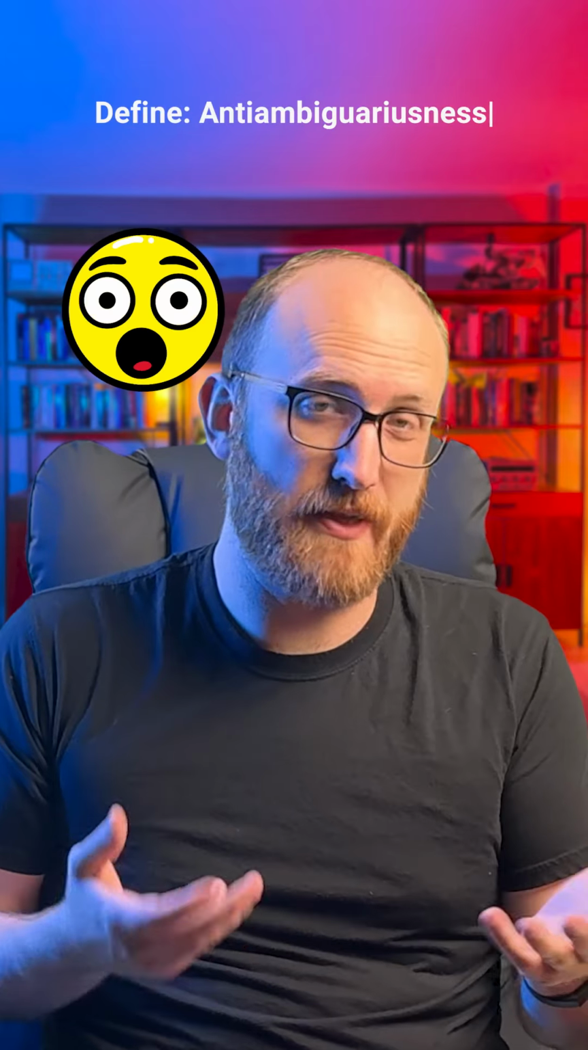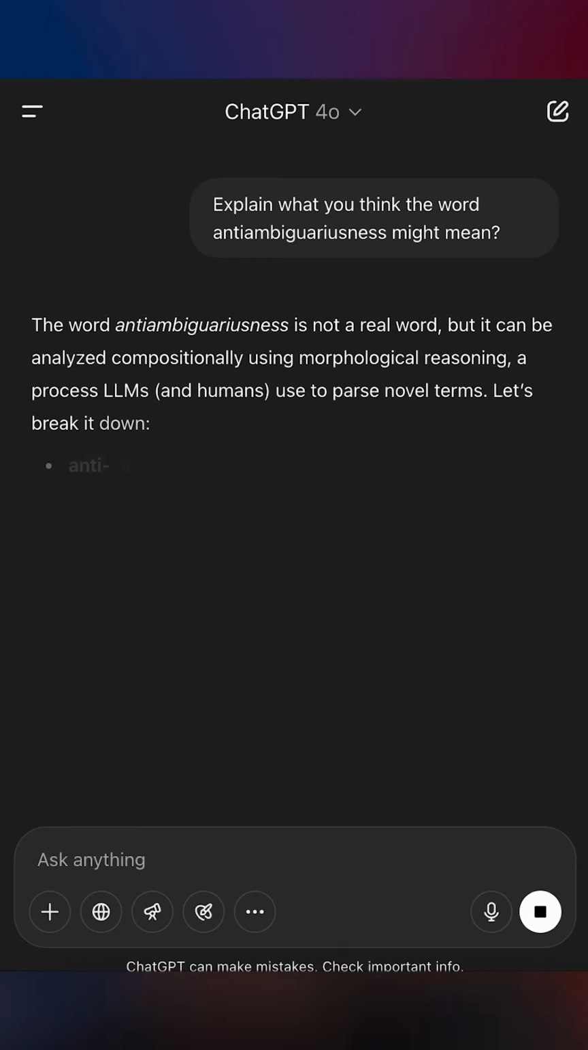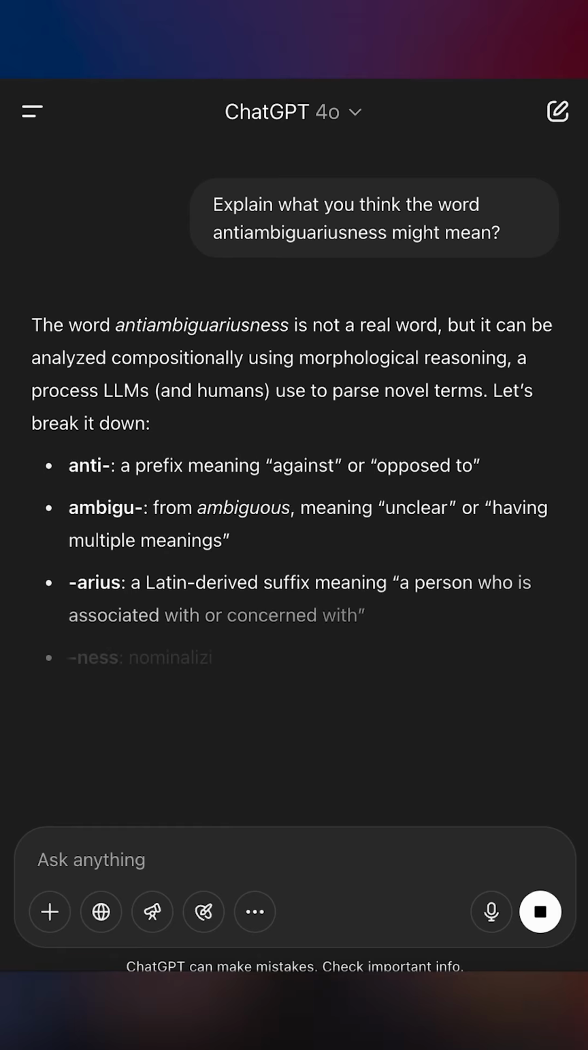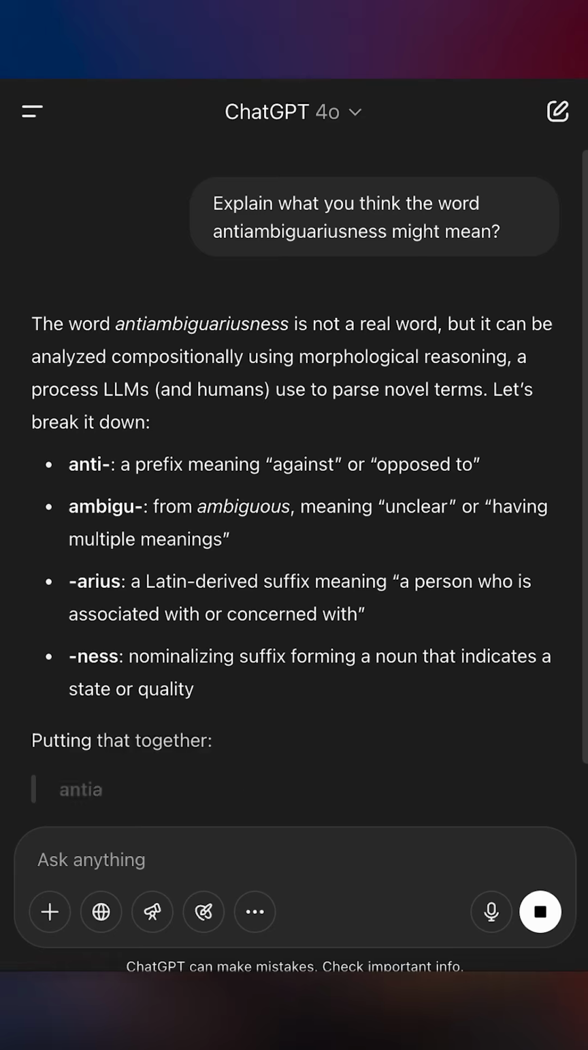Have you ever wondered how ChatGPT deals with words or concepts that it's never seen before? Here, I'll ask it to interpret a made up word, and you'll see that it breaks it down into different syllables and analyzes each of them to try to figure out what the word means. Now, many people think that LLMs will process their inputs as sequences of words and punctuation, but that's not really